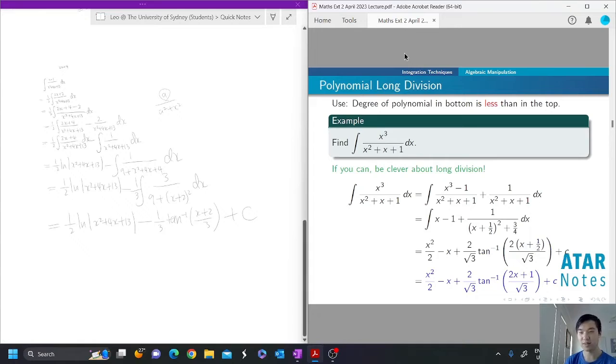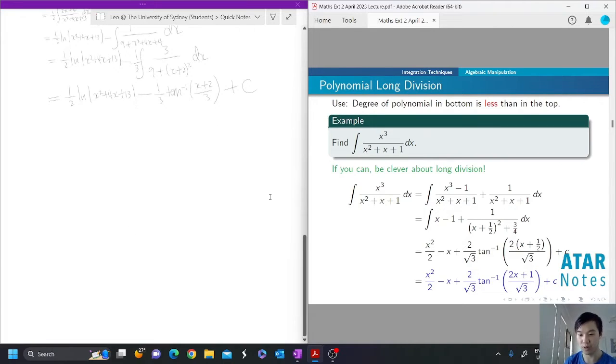So, the next algebraic trick I want to talk about is polynomial long division. It's very useful for when the degree of the polynomial in the numerator is higher than the degree in the denominator. If you see a fraction where the top degree is higher than the bottom degree, you can actually use long division to help you. So for example,